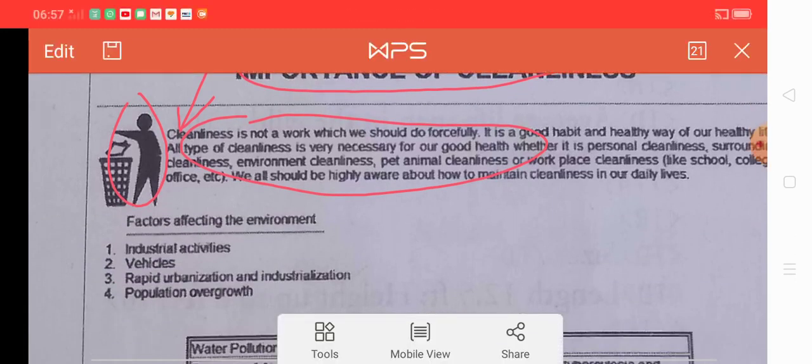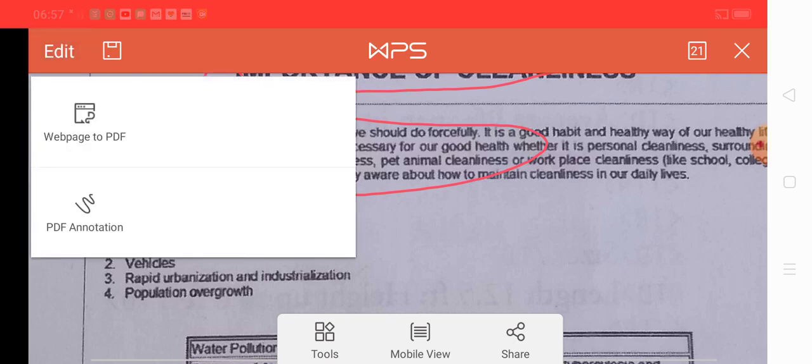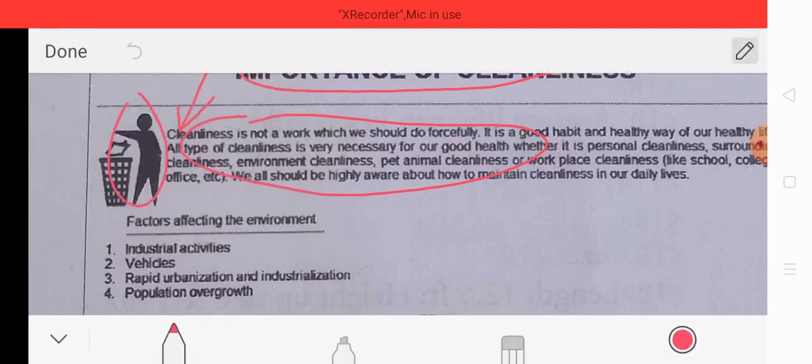After that, there is a list, and the heading of the list is underlined, and that is not a link because it says that factor affecting the environment.